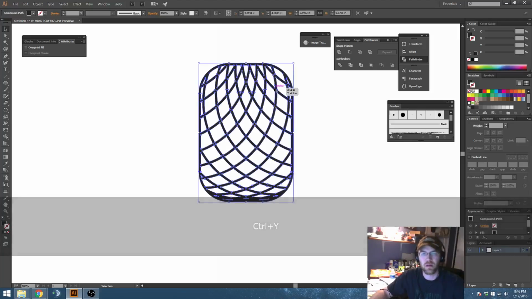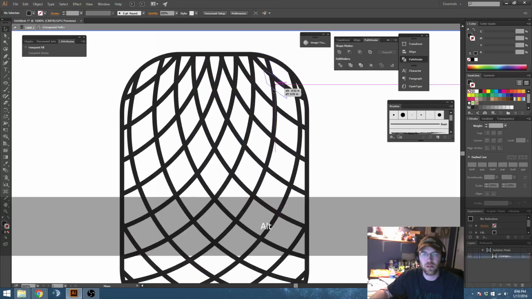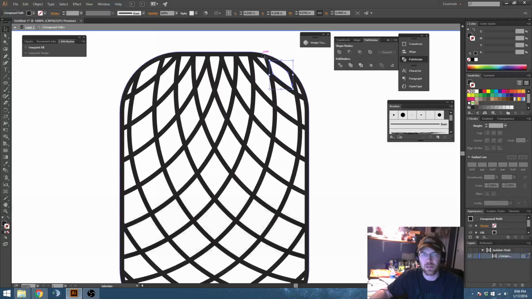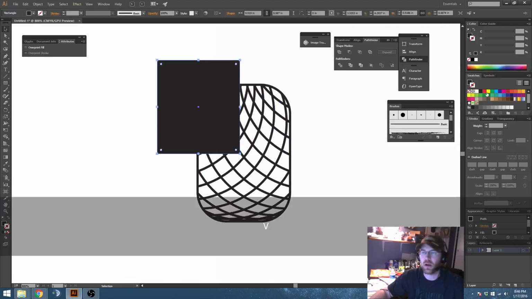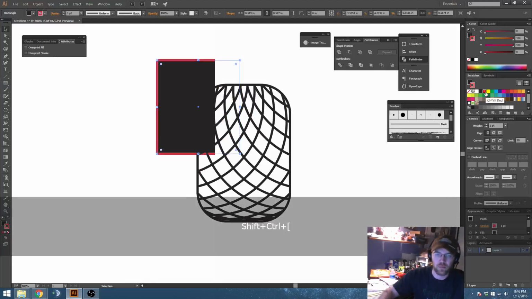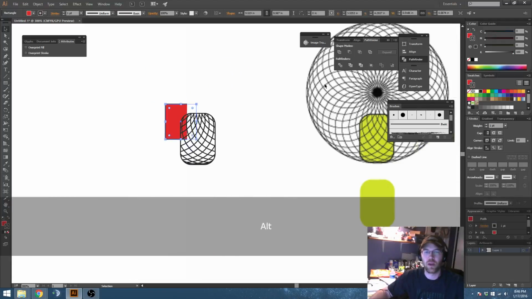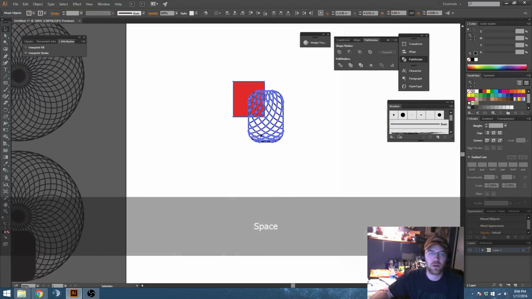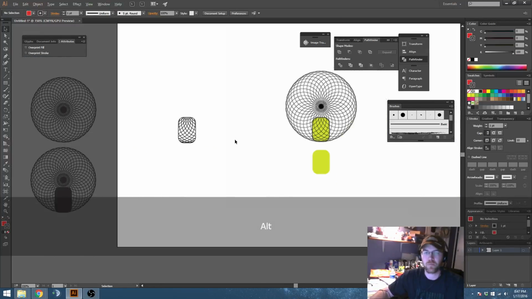If we go back in time, you can double click on this and you can go in and you can affect the interior objects. So this shape here is basically intersecting this shape, and since they're combined into a single shape, this one knocks that one out and we can see through it. So if I were to throw an object behind it, throw that to the back, Shift X. Oh, and I've got some overlap from this image, so let's pull these over. You'll see that it's transparent. So let's get rid of that and